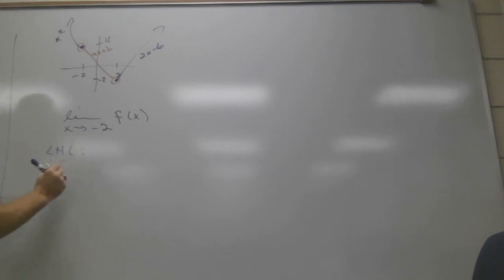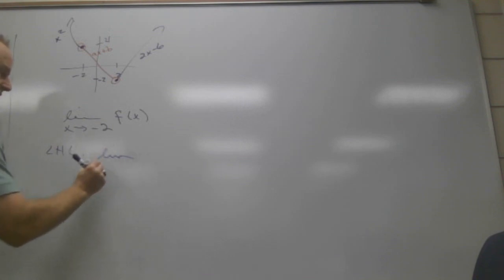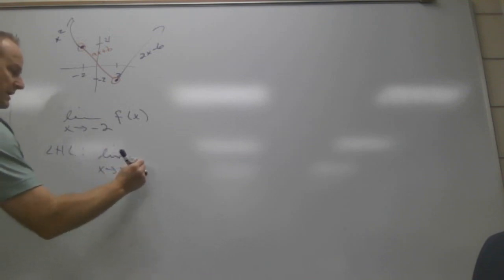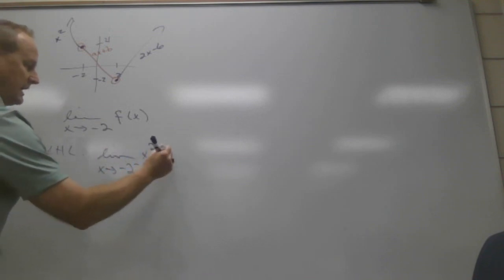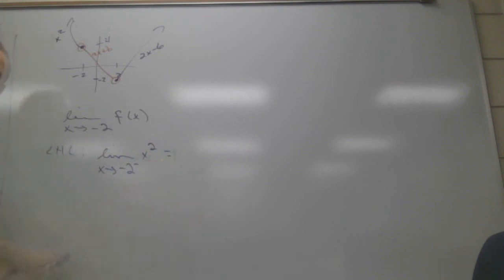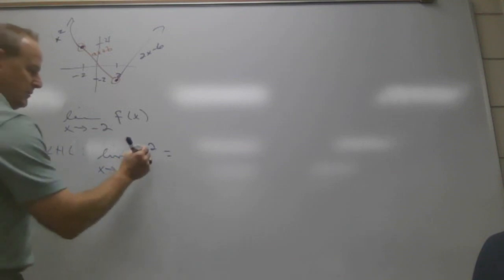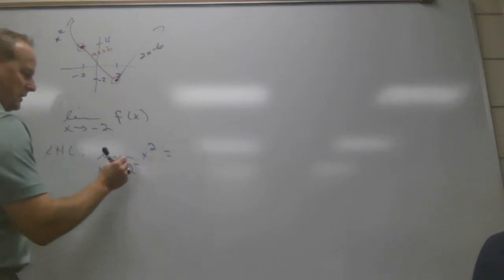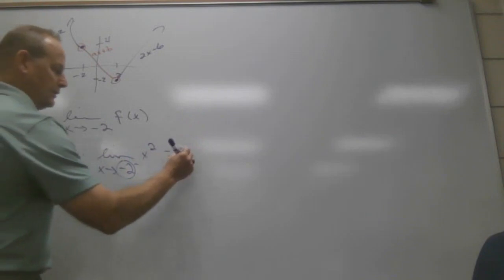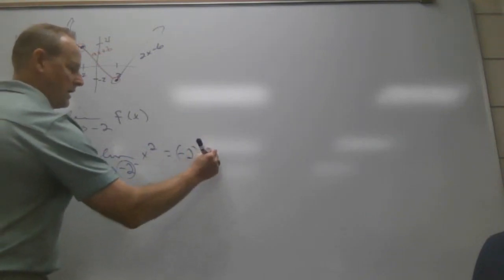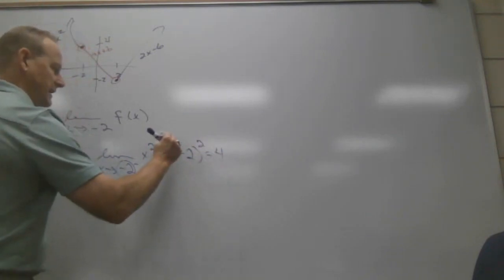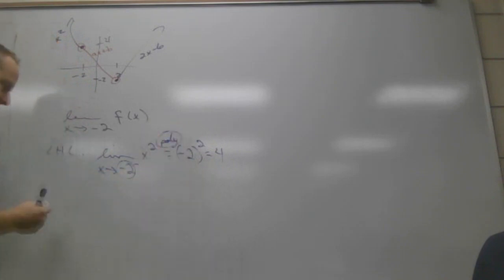Basically, it's the limit as x approaches -2 from the left of x squared. What can I do? That's a poly, right? So let's go ahead and plug it in. I know I made you write that out in section 1.5, but the limit of the exponent is the exponent of the limit, so I can plug in -2. Quantity squared is 4, because it's a poly. So we'll just use the shorthand version of that rule. What's the right-hand limit